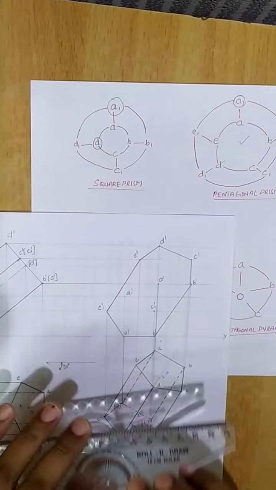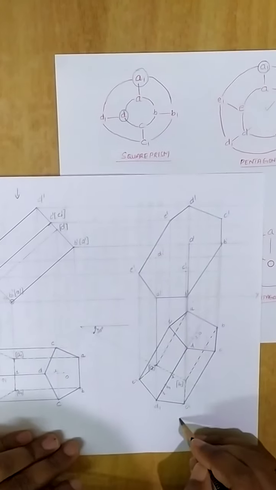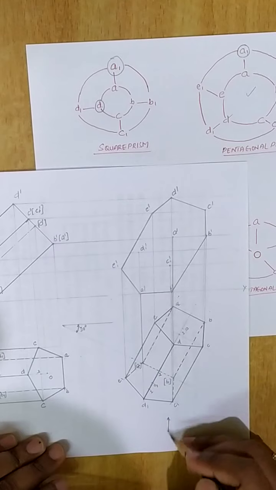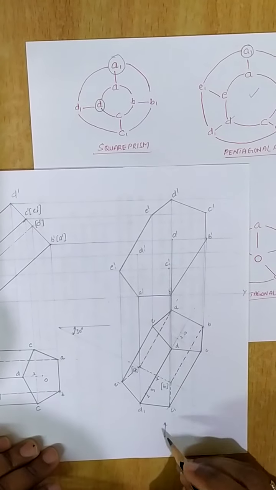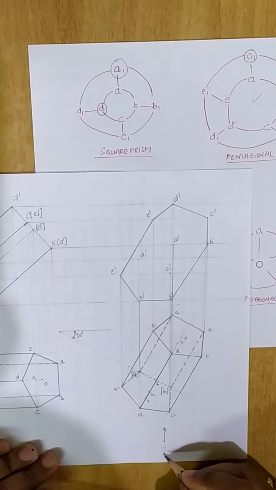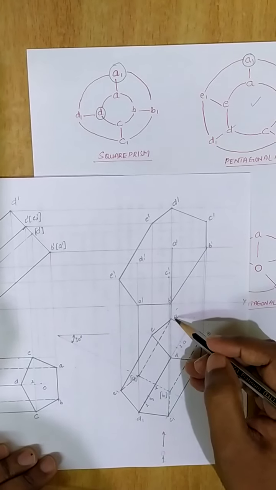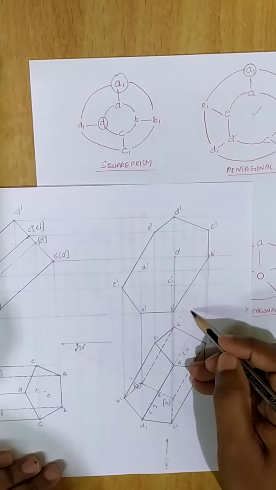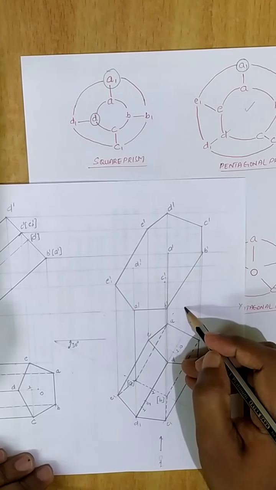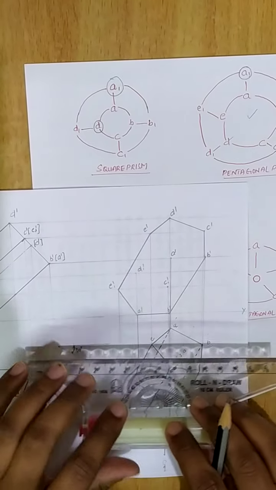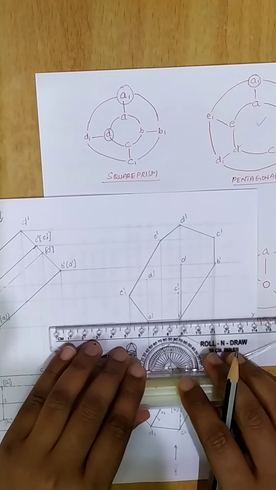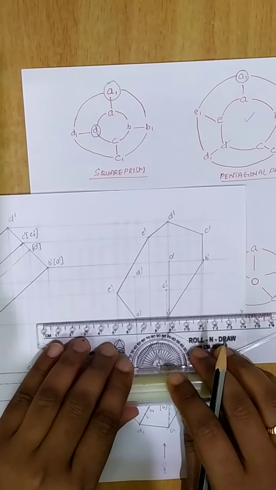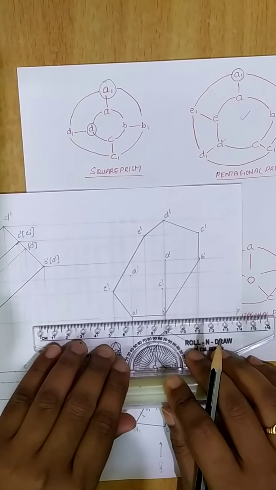So how to identify the hidden corners? I need to consider the corners. I have to see this object from the front, so the observer will be away from the XY line. The corners which are away from the observer will be nearer to the XY line, so the nearest corners to the XY line are not visible to you. So how many corners do we need to consider? We need to consider the 3 nearest corners to the XY line and check whether you get those corners inside the boundary or not.